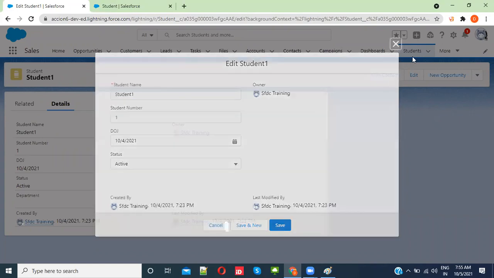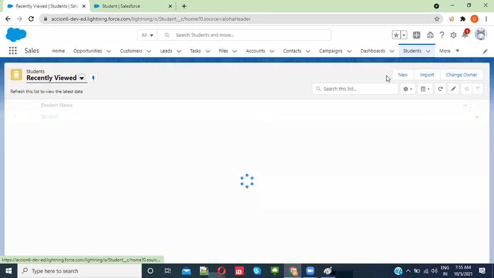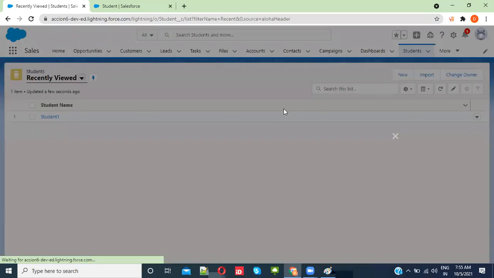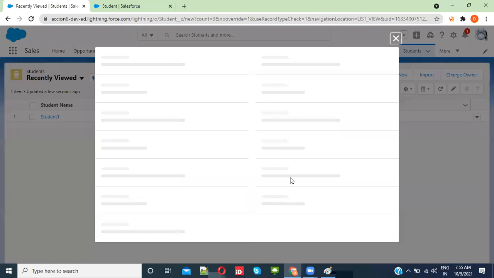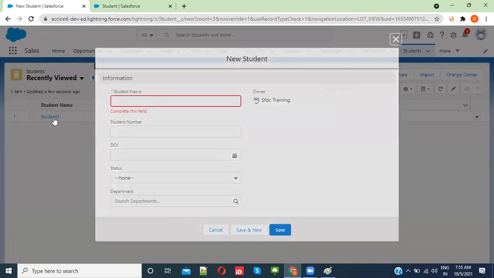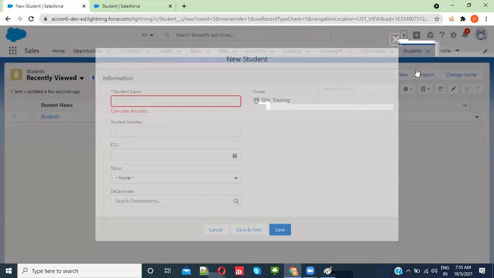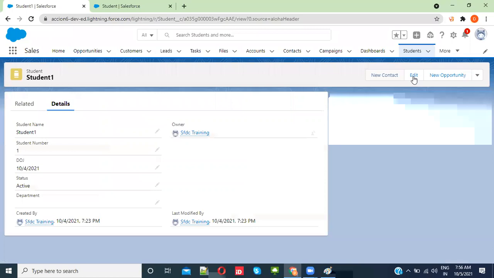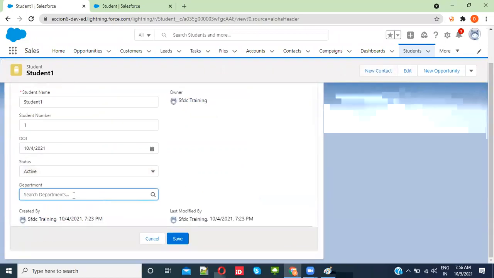Okay. When you edit a new student, okay, here department is there, but for the existing records, why is this not displaying? Okay, it's there. So department, you have to create this one.